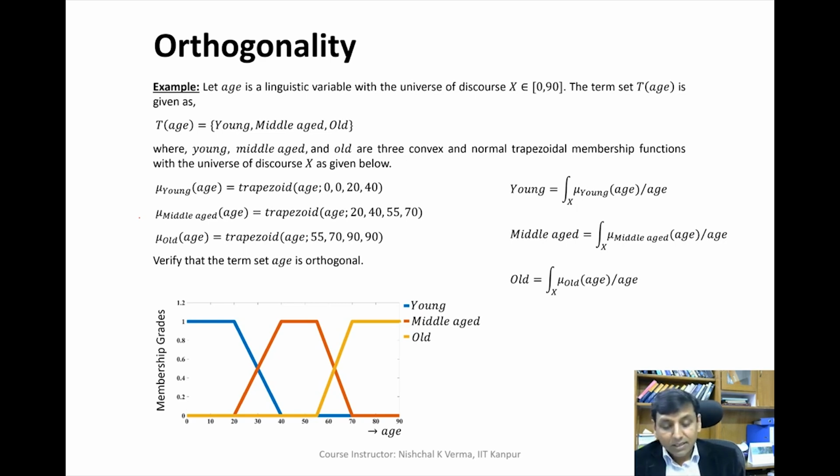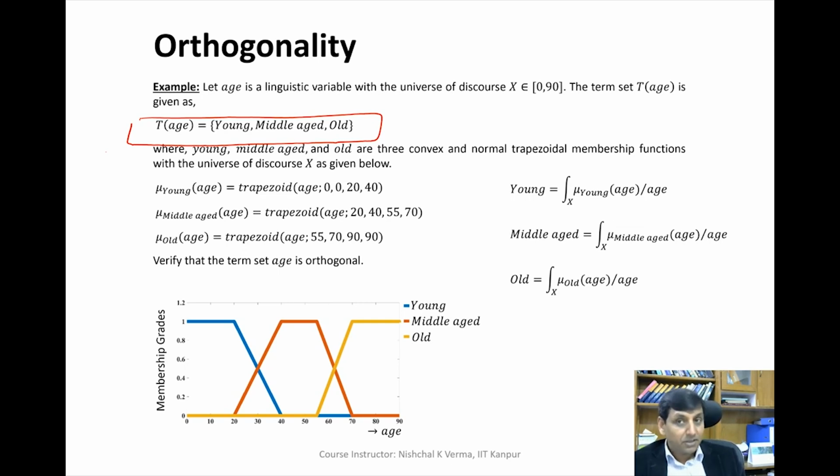We can clearly see that if we have a term set, let's say T of age, and this term set has 3 linguistic values which are young, middle-aged and old,